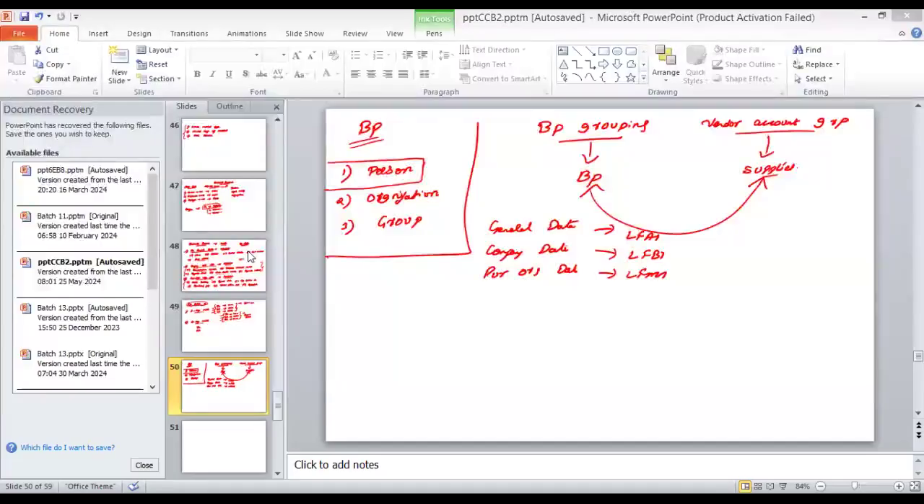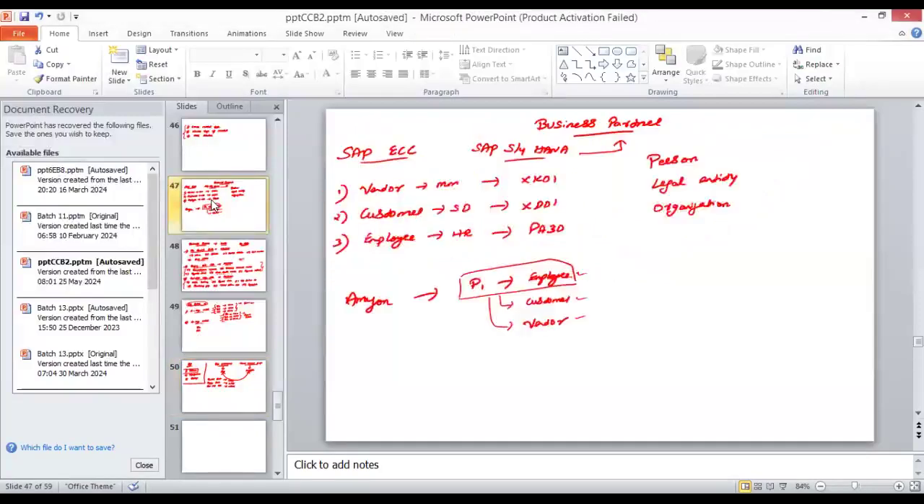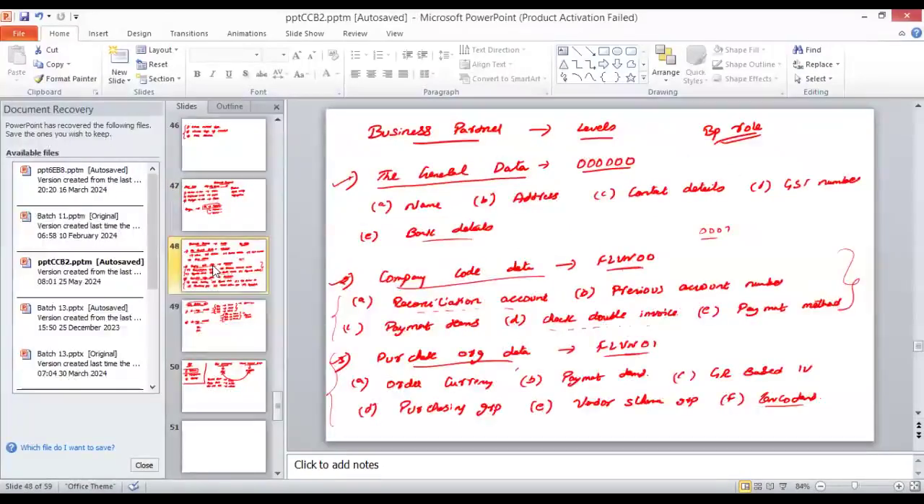Okay, let me quickly share this message on my screen. So yesterday we discussed the business partner, and we also understood how the business partner came into the picture and why S4 HANA introduced the business partner. Then we saw the different levels of business partner we have: the general data, the company code data, and the purchasing data, and what the important fields in those are. Then we saw in purchasing data there was a field called GR-based invoice verification. We saw what the importance of that is,